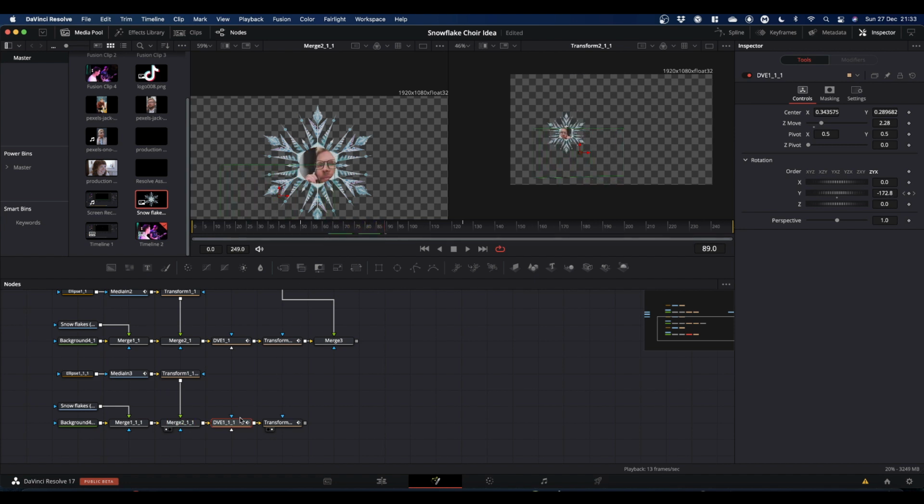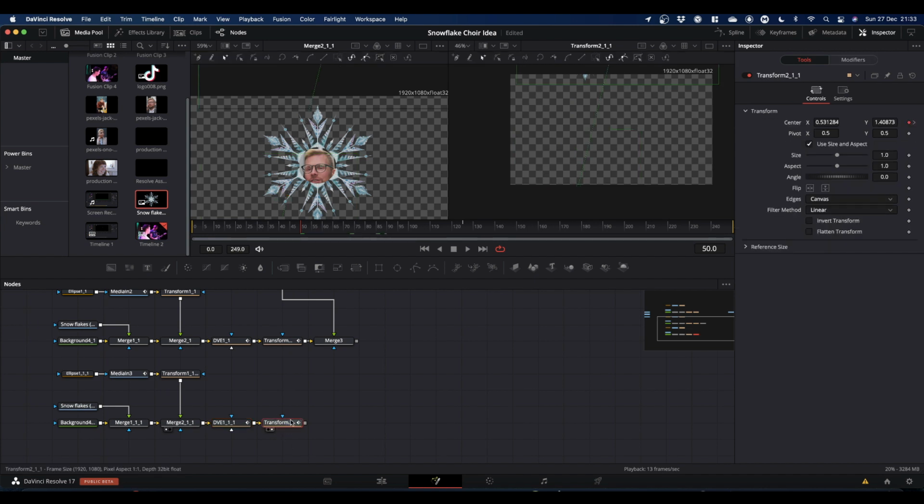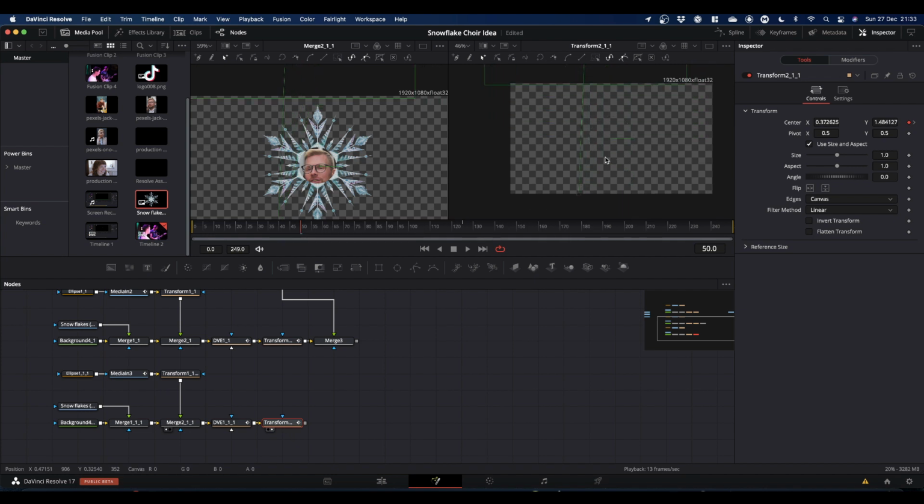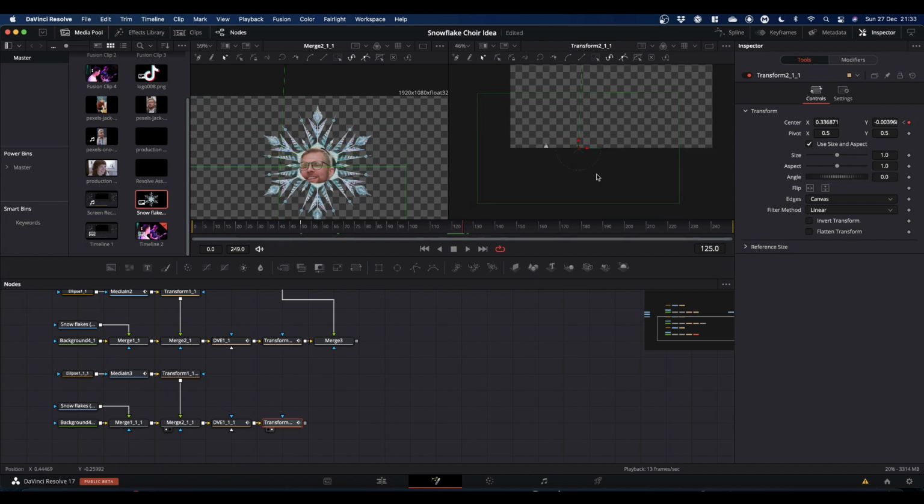So we can maybe make this one a little bit bigger, and then we need to come to frame 50 and decide where we want this snowflake to start from. So into your transform node, and we can start him maybe here, come to frame 100 and decide where we want him to end, maybe down here. In fact, let's bring him all the way over,